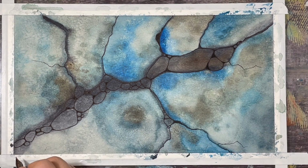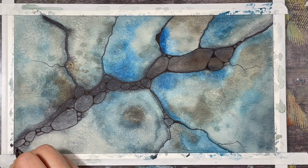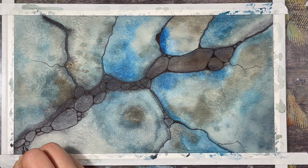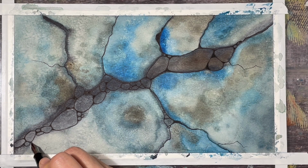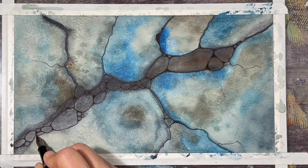Keeping the composition simple makes the process more relaxing. Also, using techniques and marks that are repetitive and also very simple can add to making the process even more relaxing. And so when I'm creating this way, it's almost like the whole purpose of me creating in this way is for me to find that moment of